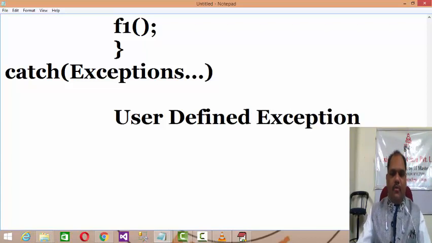Now we have to learn about the last part of exception handling, that is user defined exceptions. Up till now, we had discussions about predefined exceptions like NumberFormat, Arithmetic, IllegalAccess and so on. These are the predefined exceptions. But if a user wants to create or develop their own exception class, what can they do? Nothing to worry about.